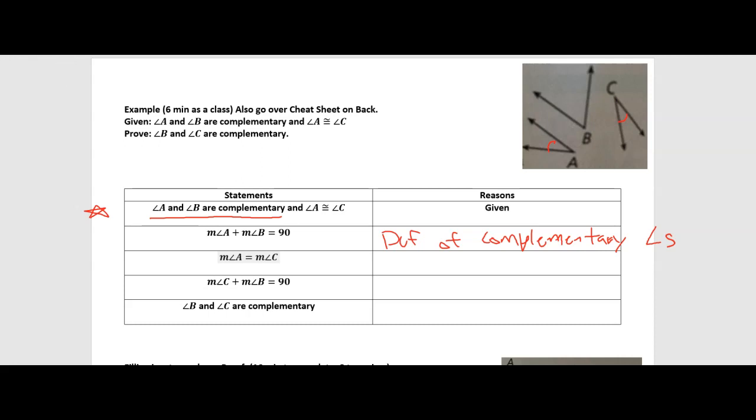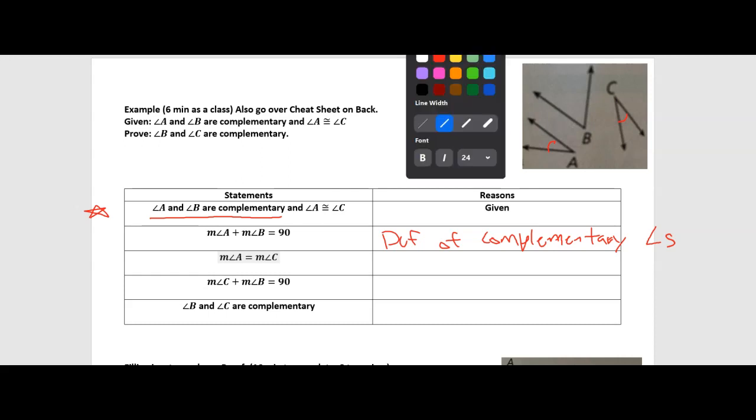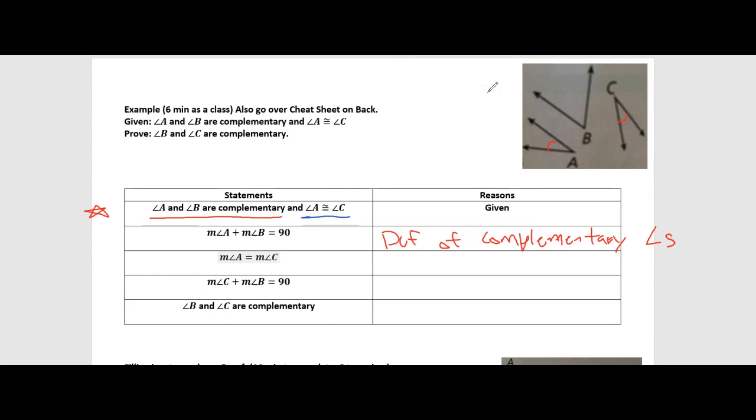As we go to our next statement, it says the measurement of angle A equals the measurement of angle C. Well, how do I know that the two measurements of those angles are equal to one another? Well, again, it comes from the given. We are told that angle A is congruent to angle C. So by the definition of congruent angles, we know that their measurements are equal. So definition of